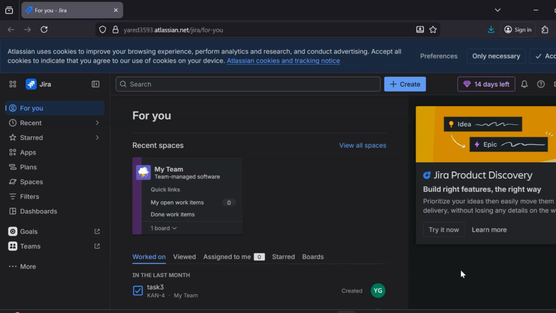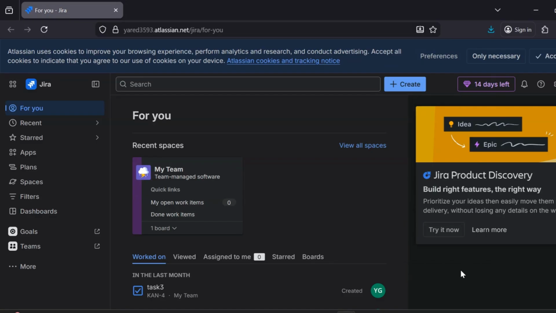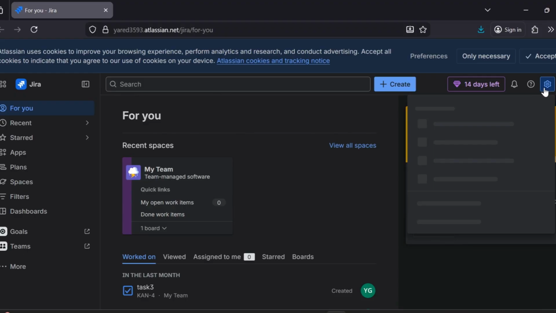In today's video, I'm going to show you how to create custom fields in Jira. Custom fields are a great way to capture project-specific information, making your workflows more organized and helping your team track exactly what matters. To get started, head over to Jira and click on the gear icon to open the Settings